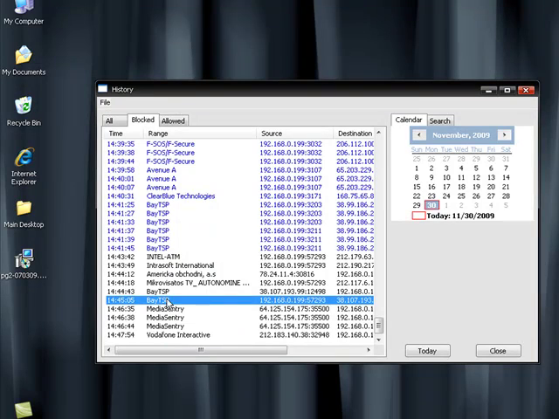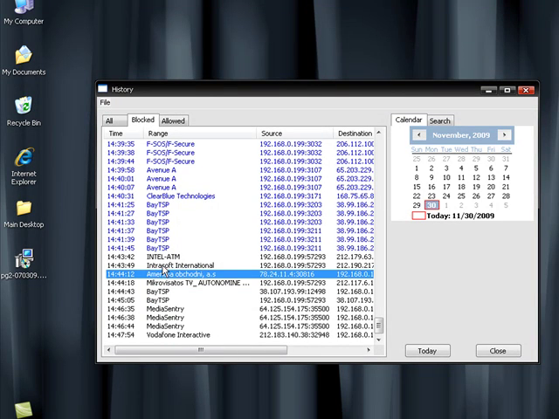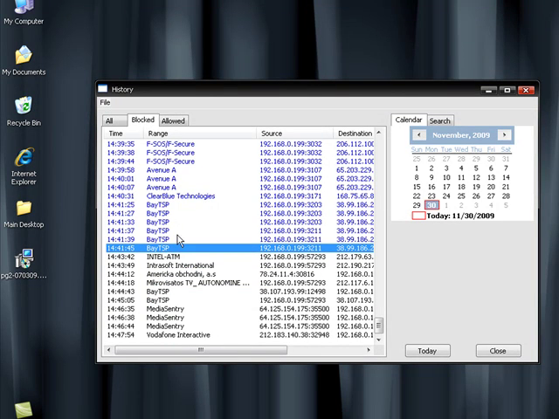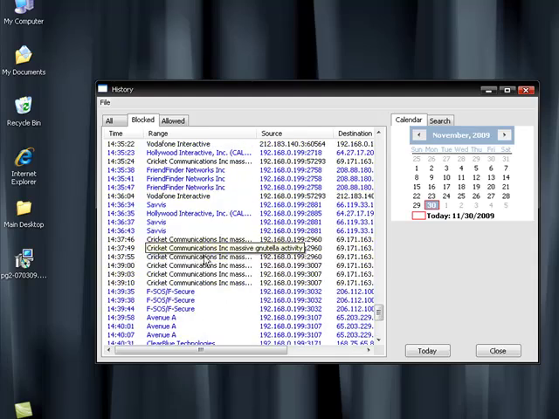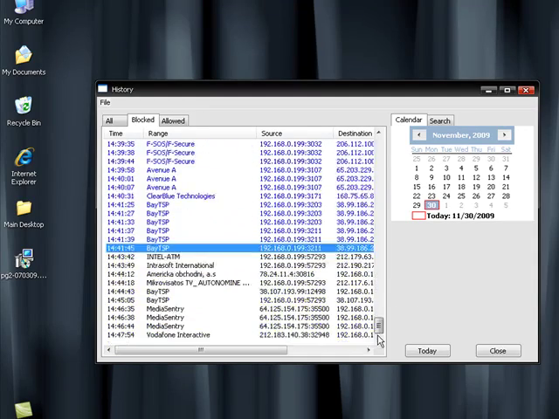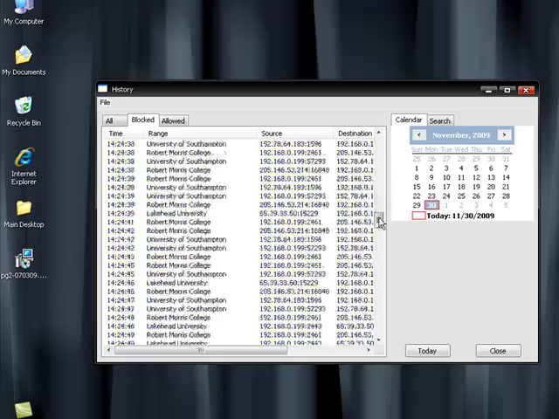TSP I know is a third party that they hire. Any of these ones are going to be Bay TSP, again, that's HTTP. So it's showing you everything it's blocking, which is nice. Cricket Communications. So of all those things that we have blocked,